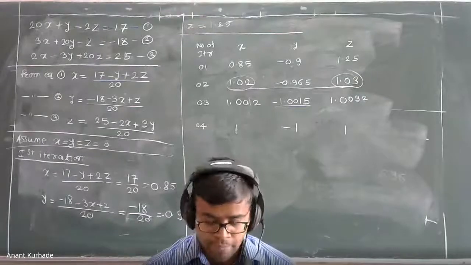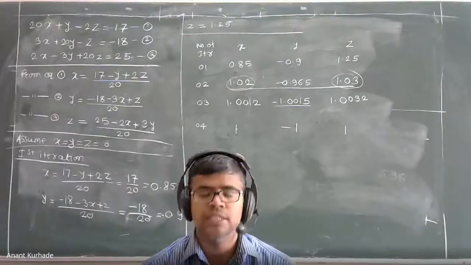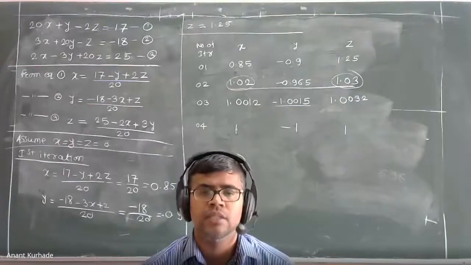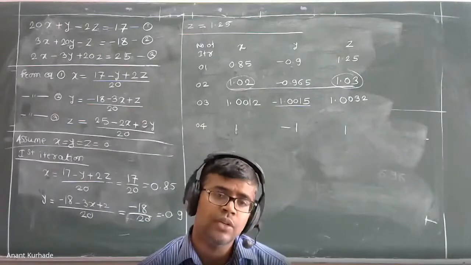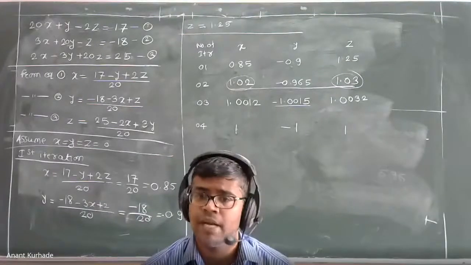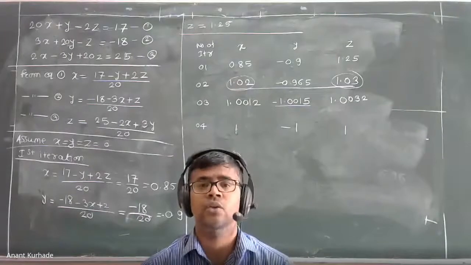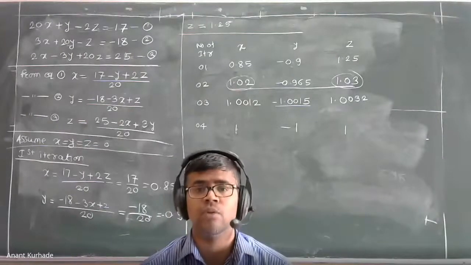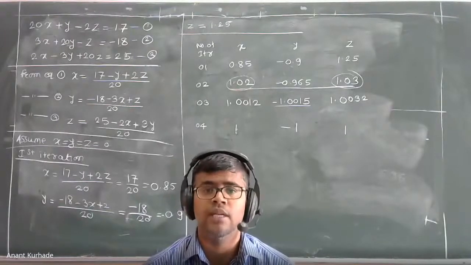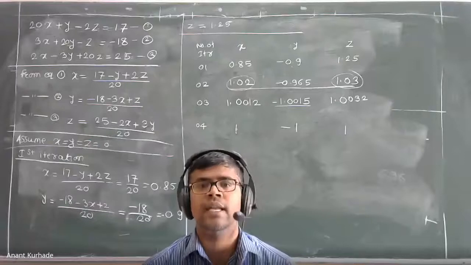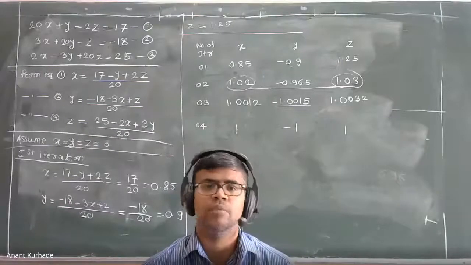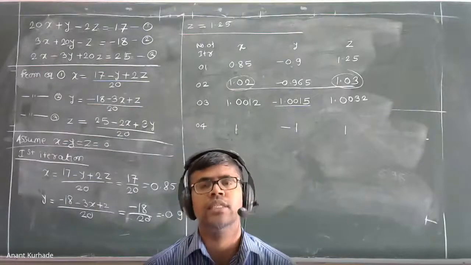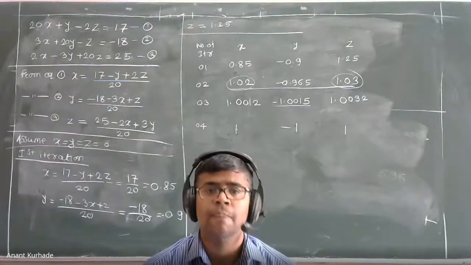Now next. We can solve this tridiagonal matrix by using the Thomas algorithm. How to solve? And the most important part, don't do partial pivoting. Don't do partial pivoting for the Thomas algorithm or tridiagonal matrix. Just rewrite all these equations in terms of the given data. Please cross-check the given data with respect to your question paper.